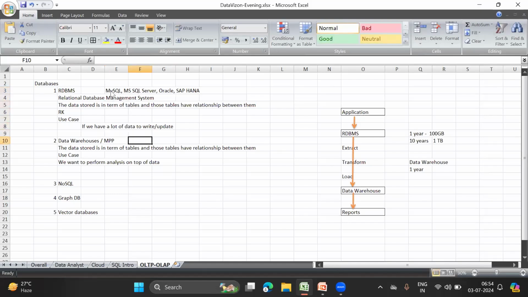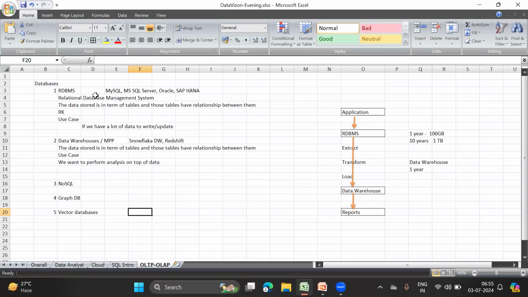And then in the data warehouse category, we have the Snowflake data warehouse. We have different data warehouses, like Redshift, which we are going to talk about, and so on. The list is very huge. These are not the only options, right? For NoSQL, we have again Cassandra, and for graph databases, we have GraphQL. For vector databases, we have a lot of very popular databases, but that is not for our discussion, right?